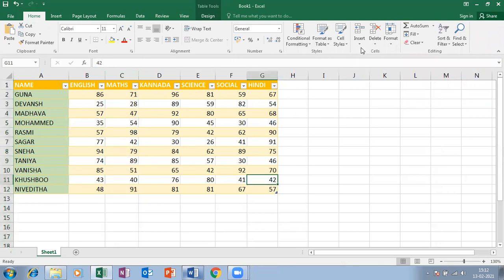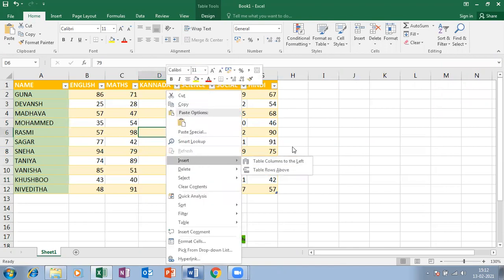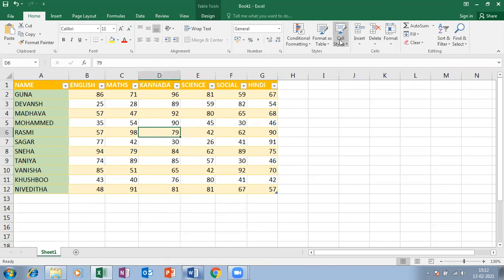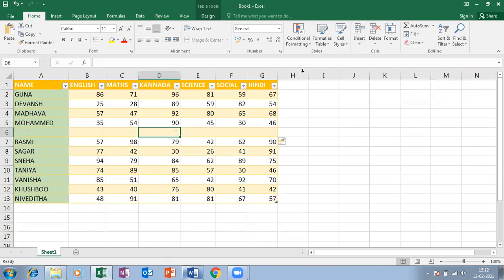So see, insert cell. So just click here, right click, insert a cell. So same thing, I can click here also. I can't insert an individual cell, but if I insert a cell, a row or a column will be inserted.